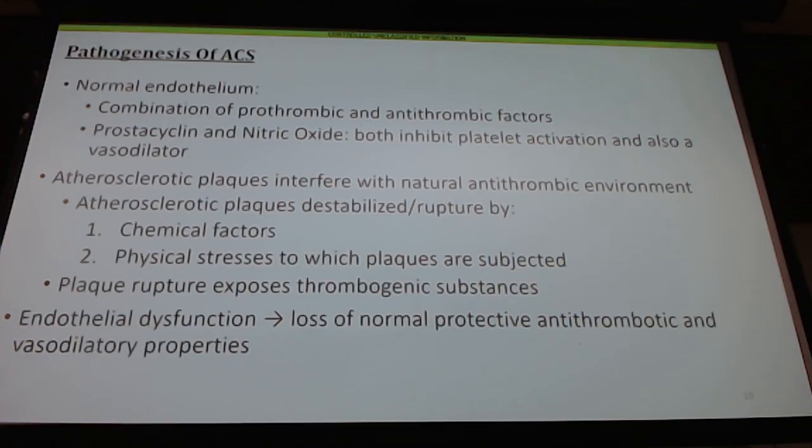So let's revisit what the normal process is inside the coronary arteries, or in arteries in general. And then let's talk about what goes wrong that leads to the development of this condition. So normally your endothelium inside of your artery has these prothrombotic, so pro-clotting factors, but also these antithrombotic, anti-clotting factors. And there's this dichotomy between the two where it's like, well, I don't need the clot, so let me upregulate the antithrombotic factor so I don't clot inappropriately.